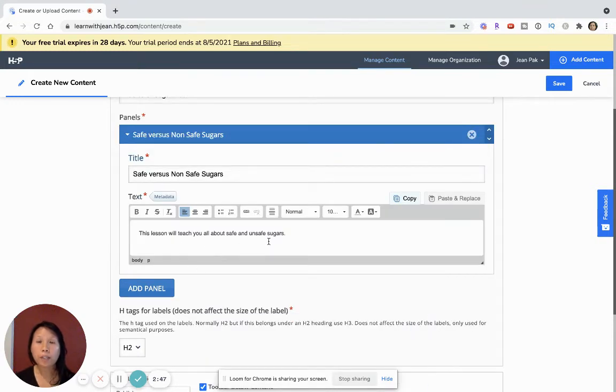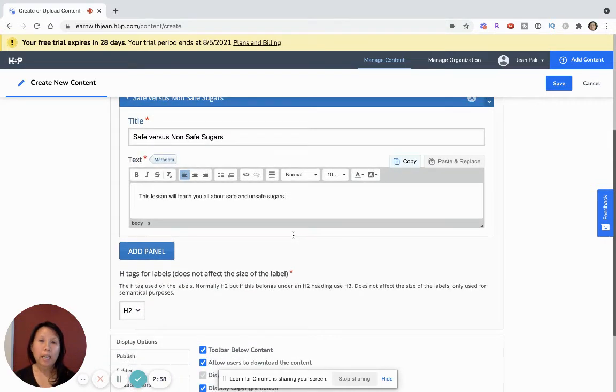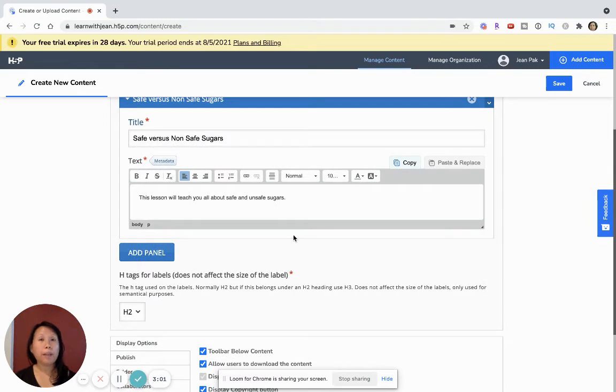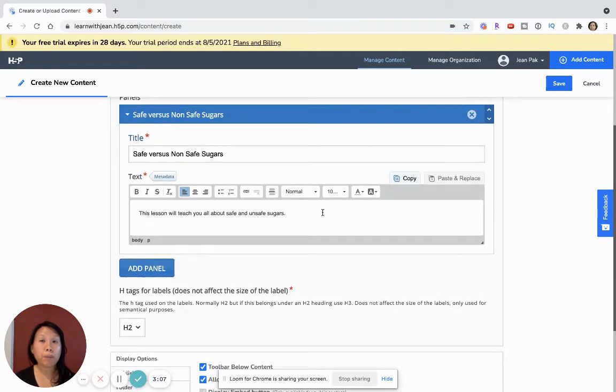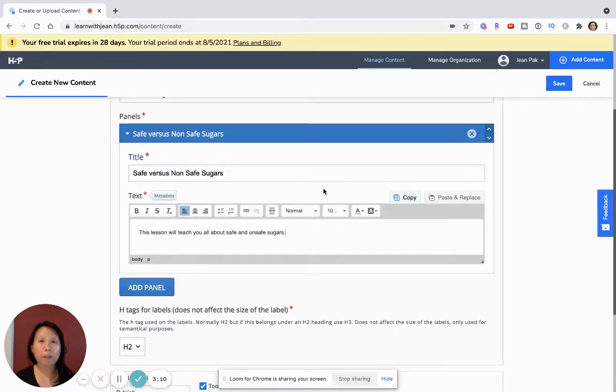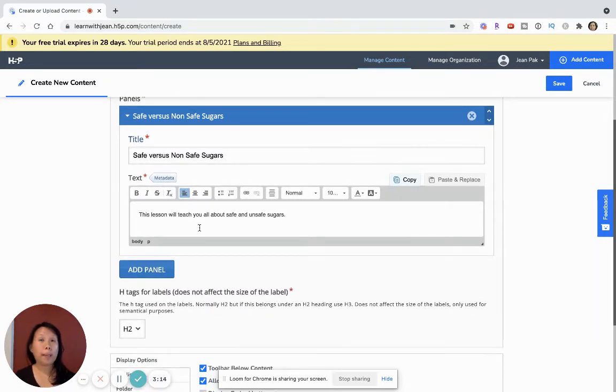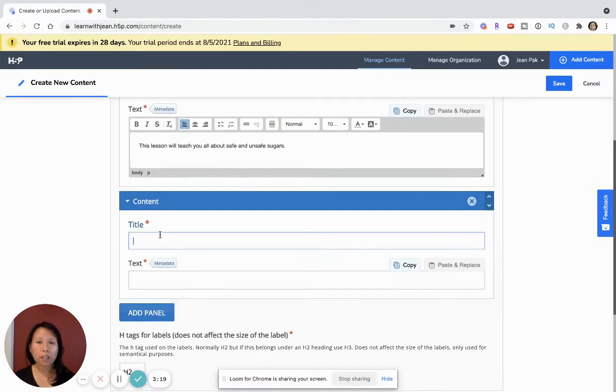So first, I want to give this a little bit of a description. And so I'm going to say this lesson will be all about safe and unsafe sugars. And now I can build, if you think about the visual metaphor of an accordion, it's just expanding. We're going to build this accordion in the same way. So I've built the first element of my accordion and I want to continue to expand it. So I want to click on Add Panel and then talk about